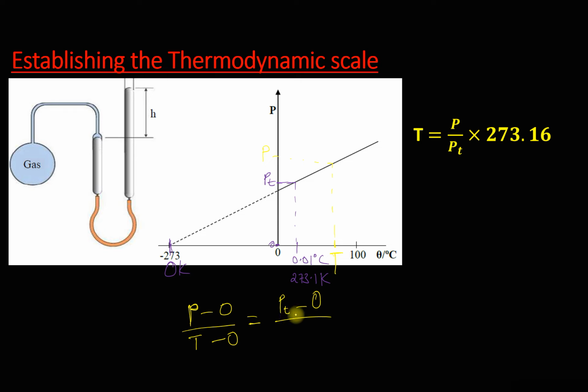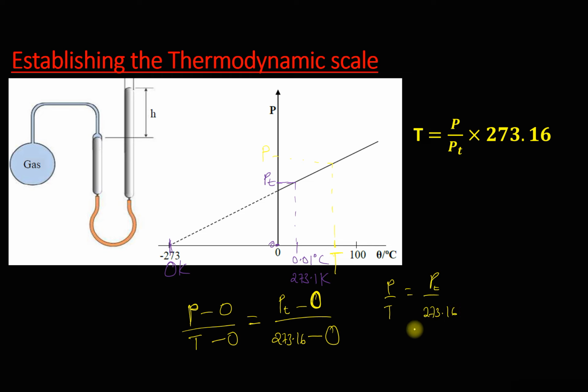But because I'm dealing with the Kelvin scale, this will be 273.16 Kelvin minus the pressure at absolute zero, which is 0 Kelvin. So when I cross multiply this and make T the subject, I have that P over T is equal to PT divided by